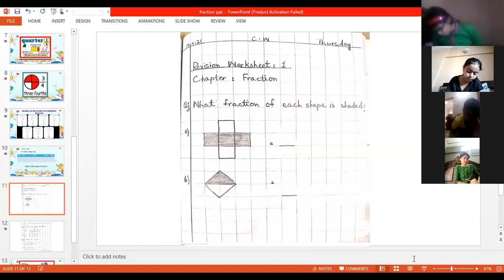Show me your copies, everybody. In bit number A, you will write 3 upon 5. 3 parts are shaded out of 5 equal parts. Total parts are 5. 1, 2, 3, 4 and 5.